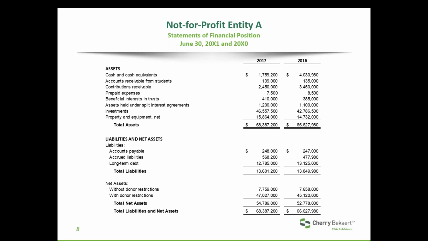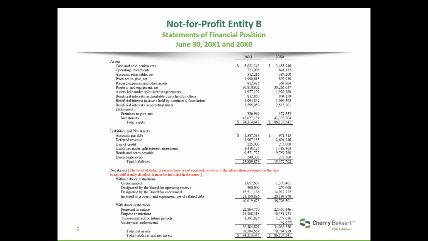So in this first example, this is the minimum requirement. You can see in the net assets section at the bottom, it just shows without and with donor restrictions. It's pretty straightforward. What I've typically seen with a lot of clients that have adopted already is that they've decided to show just the bare minimum requirement on the face of the financial statements and then go into more detail in the notes or disclosures. But you do have the option to show that detail on the face, which is going to be the second example that we go through.